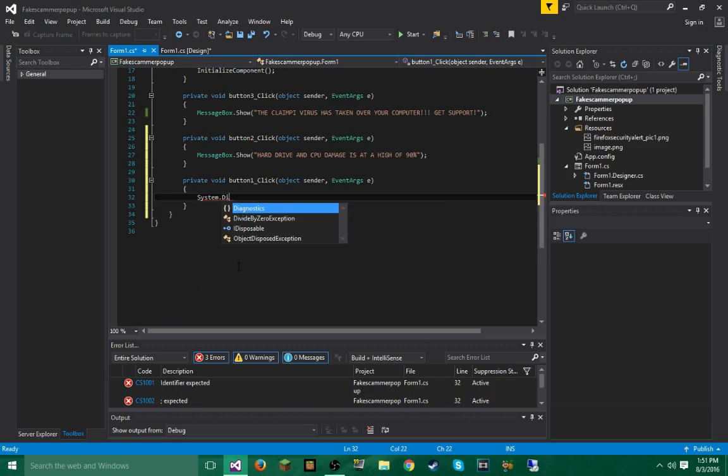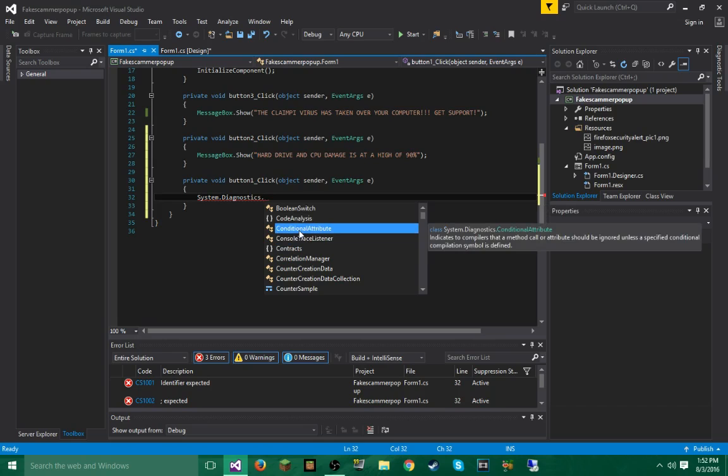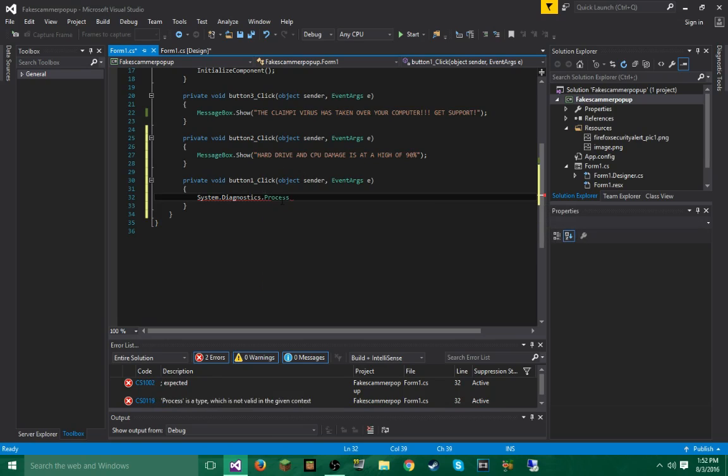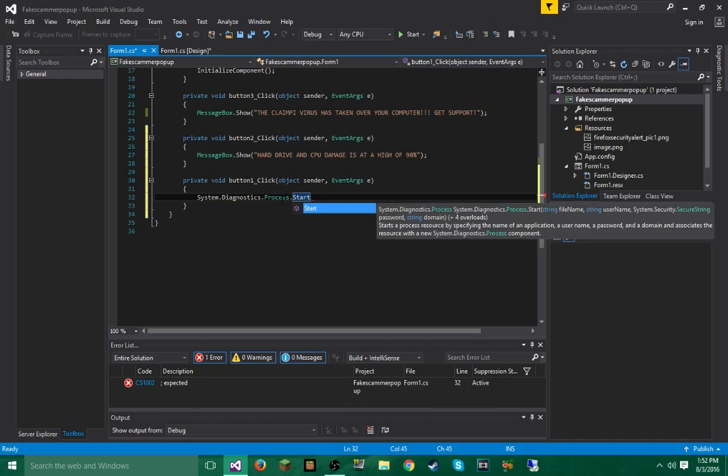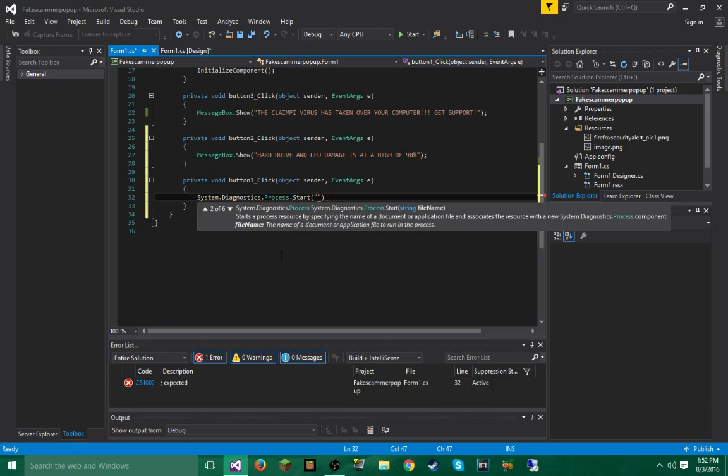dot diagnostics dot, and if you're wondering how I'm doing that, I'm just clicking down here, it gives suggestions, and then you can just press enter, and then you type dot process dot start. Then you're gonna do the same thing as a message box from here on, except you're gonna put a link. So you're gonna want to have http://